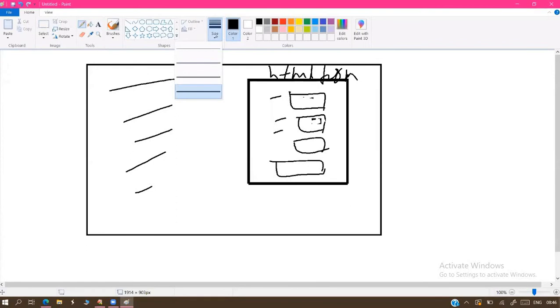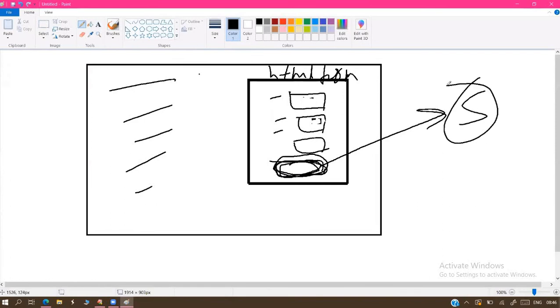When this data goes to server-side programs, here we have some buttons: login, sign up, search, finish, or submit, and different names are available. Whenever you click on one of these, it calls a server-side program. What is the server-side program doing? Collecting all the data you entered in the form. It collects only the data inside the form, not outside the form. The server-side program collects the data entered inside the form, processes it, and stores it into the database.